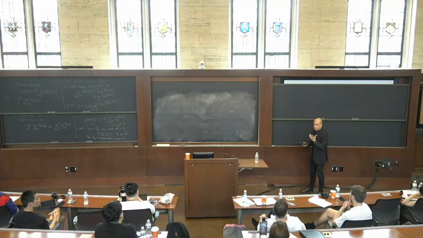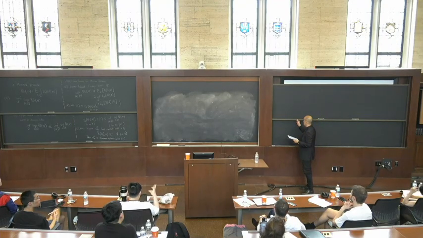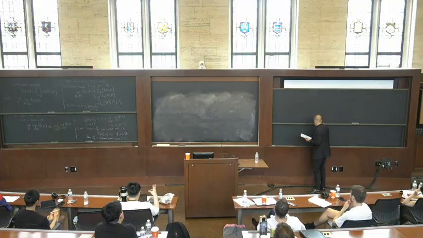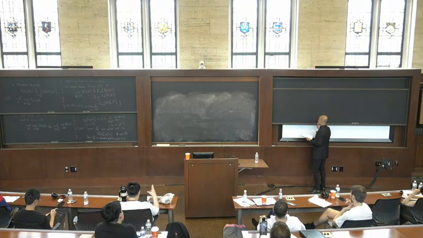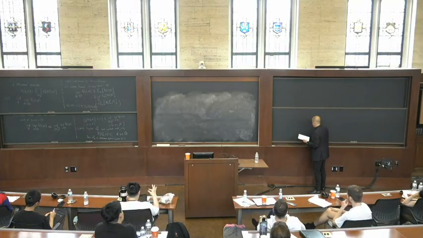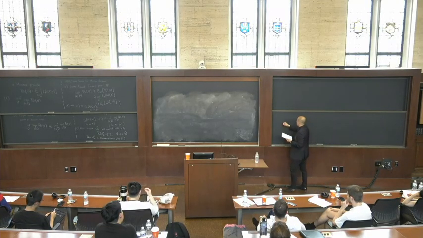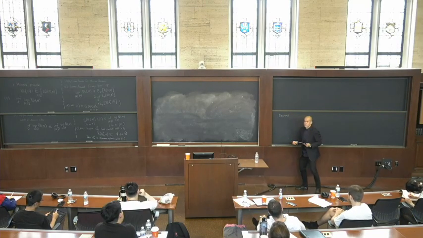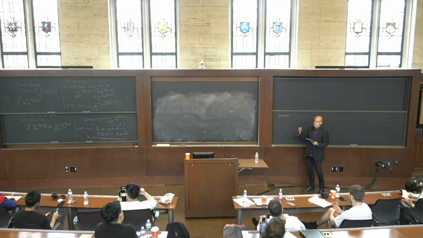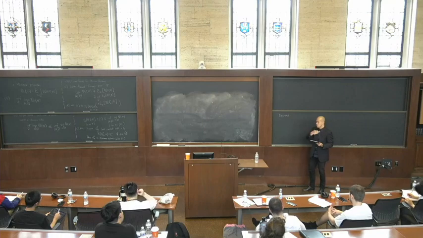Okay? So the example that I'm going to be using is the policy choice problem that we just described